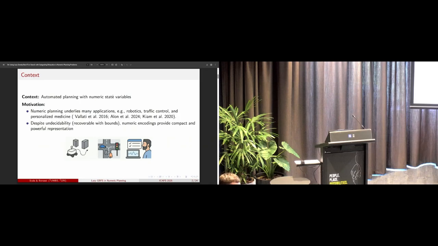And this is essentially a very powerful formalism that allows you to model many real-world problems, such as in robotics or traffic control. And in general, it is undecidable,